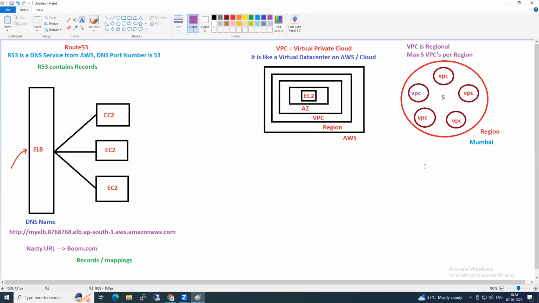When you go to your AWS account, you have the console, right? AWS is providing us a default VPC. Whatever resources we create, everything should be inside a VPC only.